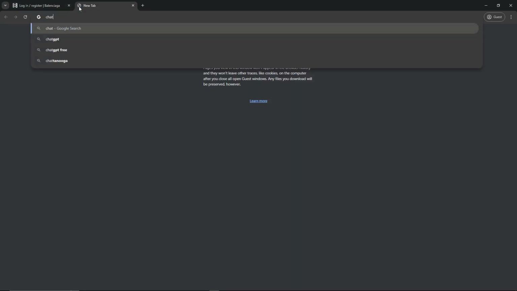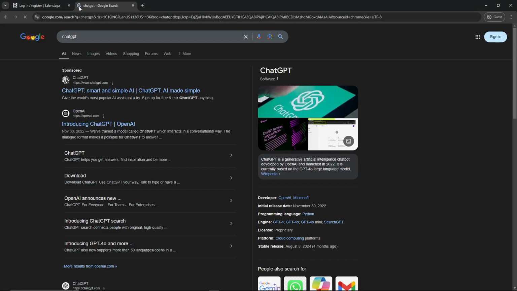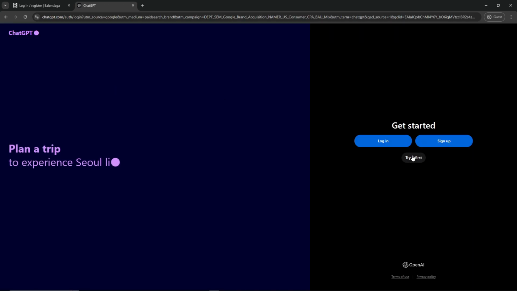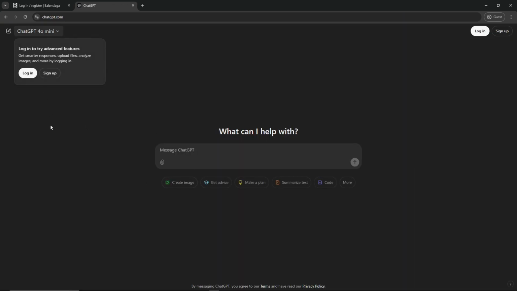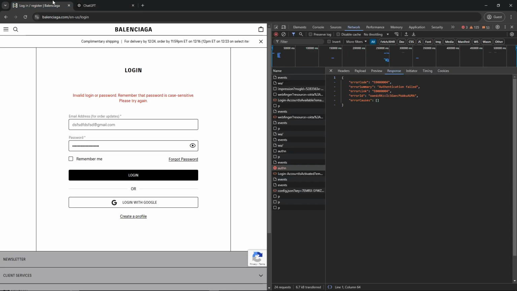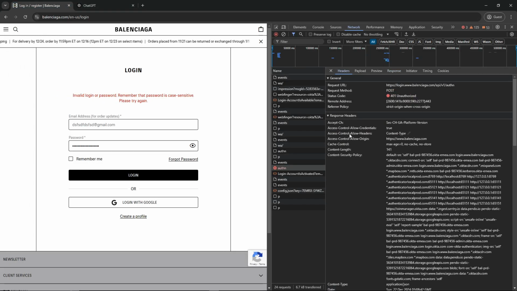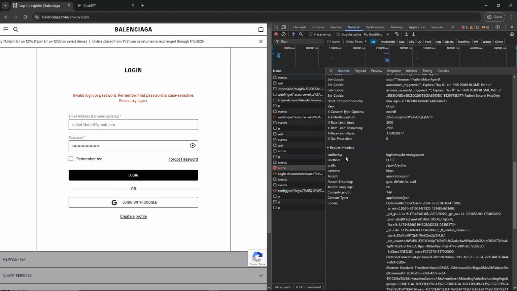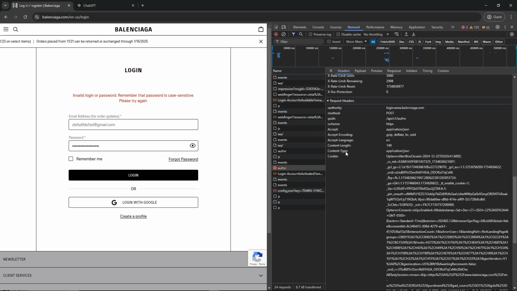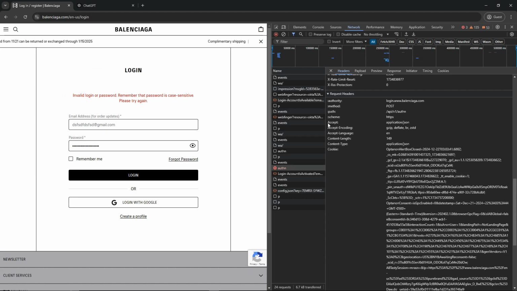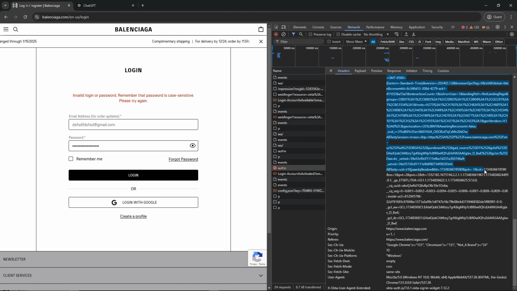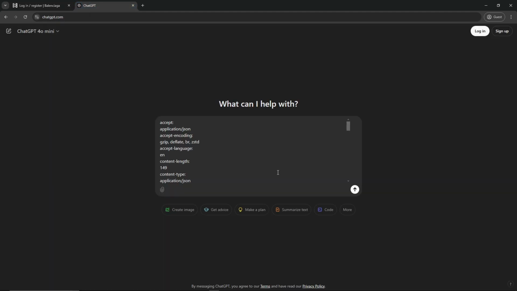So for this, let's go ahead and use ChatGPT here. Since it's free for everyone and you don't need a plan, you can just use it for free. You don't have to sign up or anything. Let's go into the headers. Here, I'm going to teach you guys how to make it pretty simple for you. All you have to do here, let's copy this whole section right here. Right click, copy, go here. And we'll just tell the AI to do,